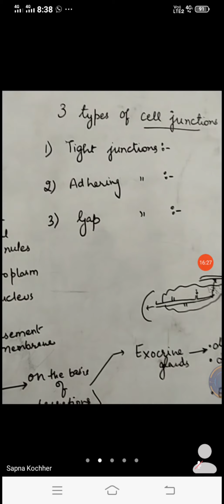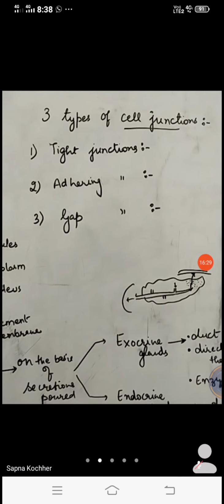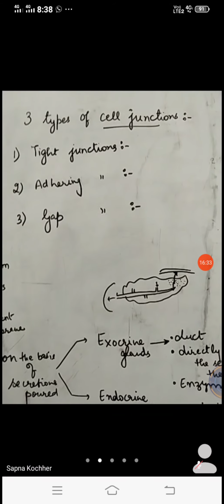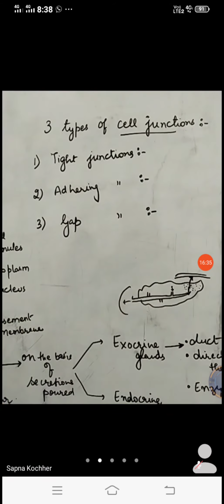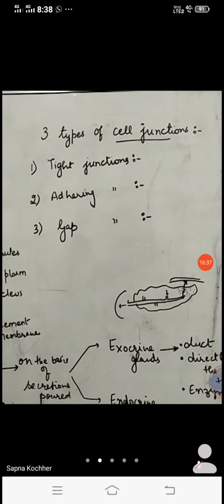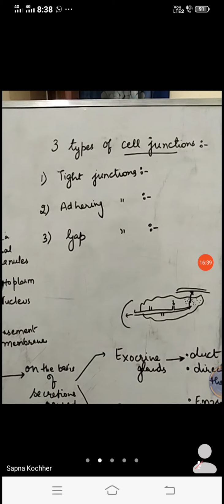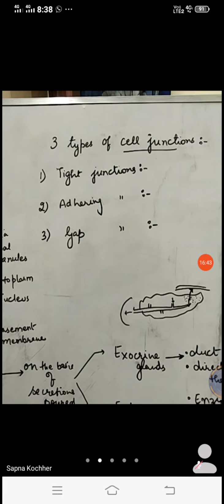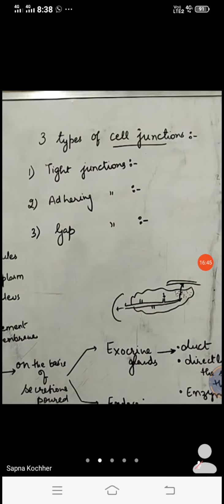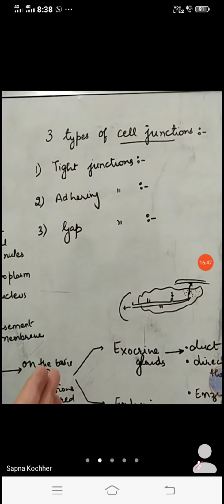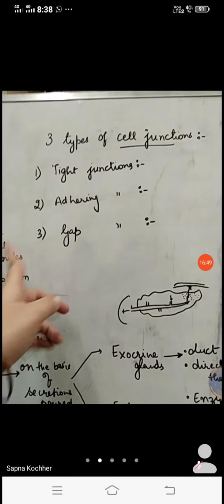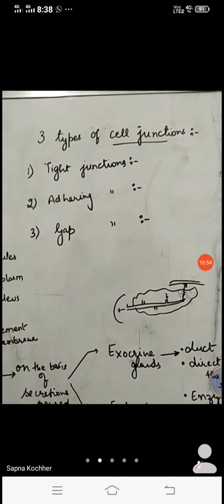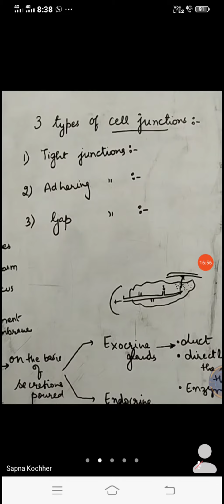Tight junctions, as the name says, are junctions that are made tightly, that is, they are clustered or joined tightly. Tight junctions help in stopping substances from leaking. If any one cell is there, that particular cell will not leak material into another. The junctions are very tight, so they are the tight junctions.